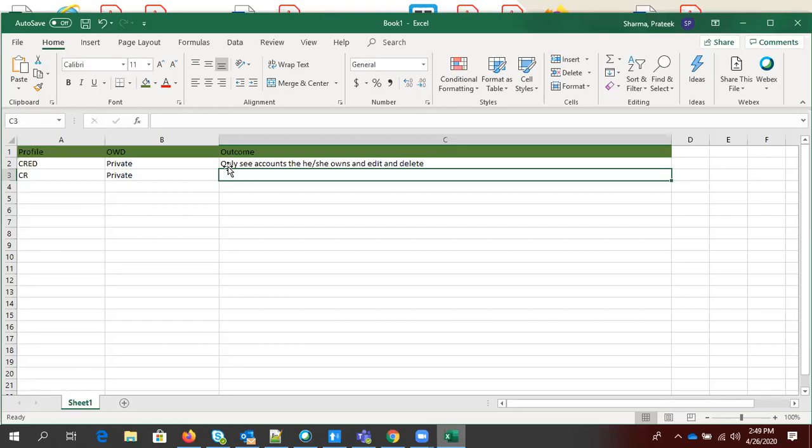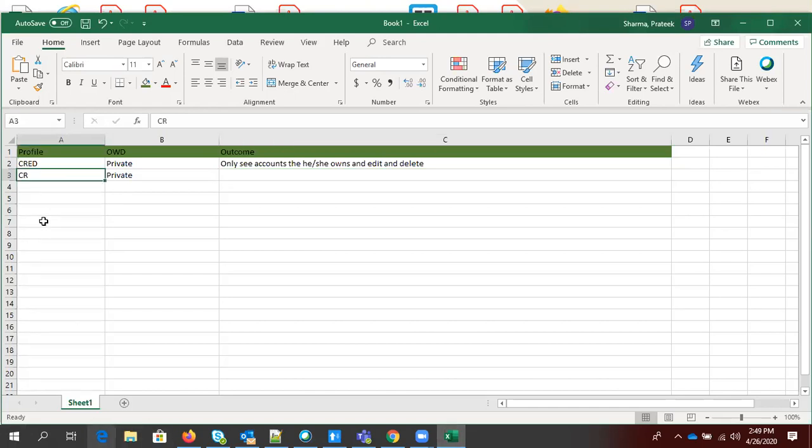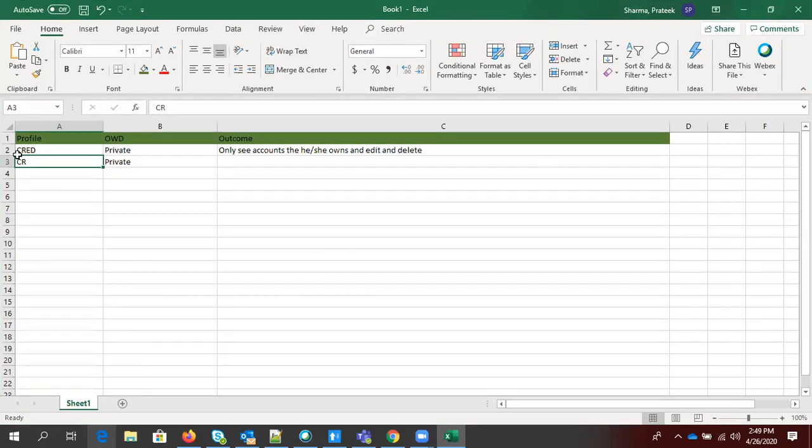Guys, listen to me. It is not the same thing as above, right? There are a lot of differences here. First of all, you can see here the object permission is create and read only. I want the answer from everyone, yes or no. The profile permission is create and read only, right? So create and read only means you can read the records, and you can create a new record. You cannot edit or delete the record.